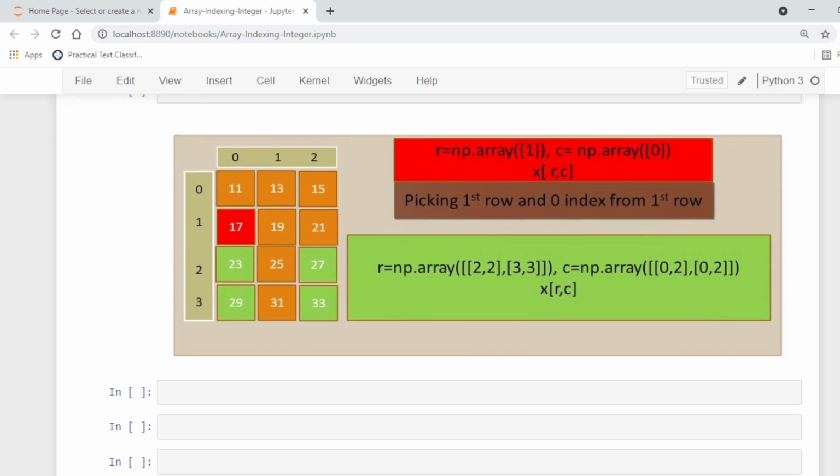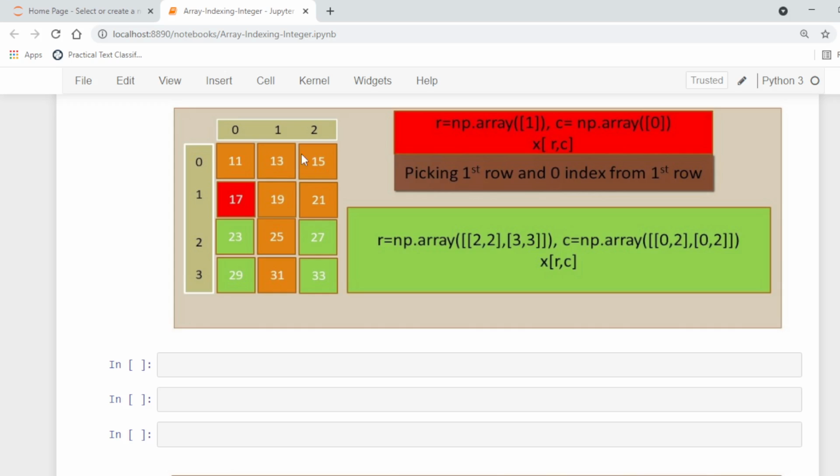Here is another example. This is an array of 4 rows and 3 columns.